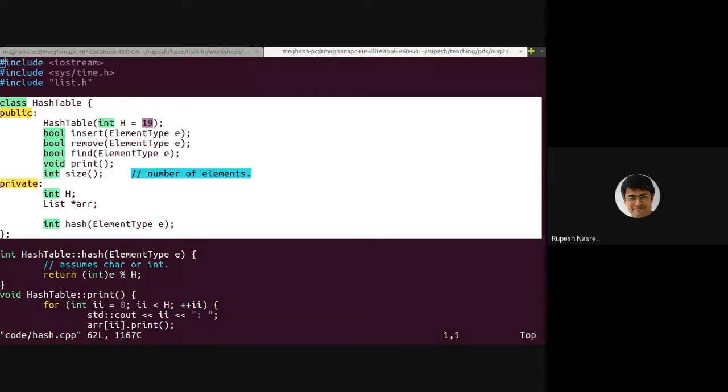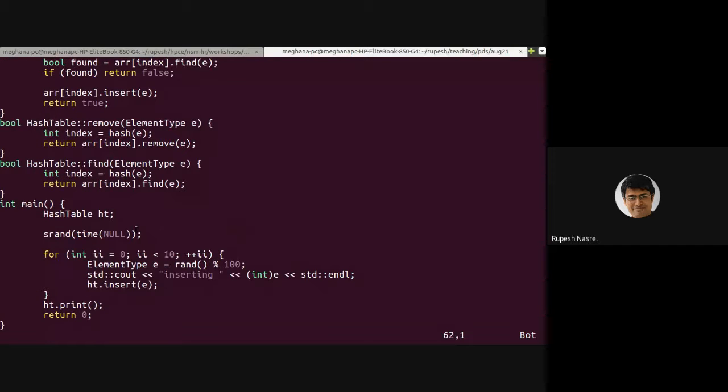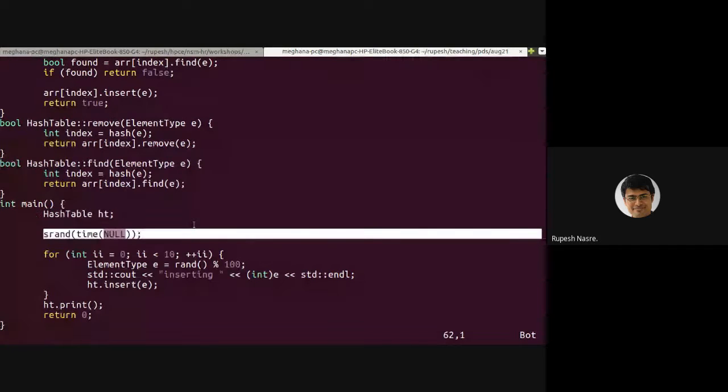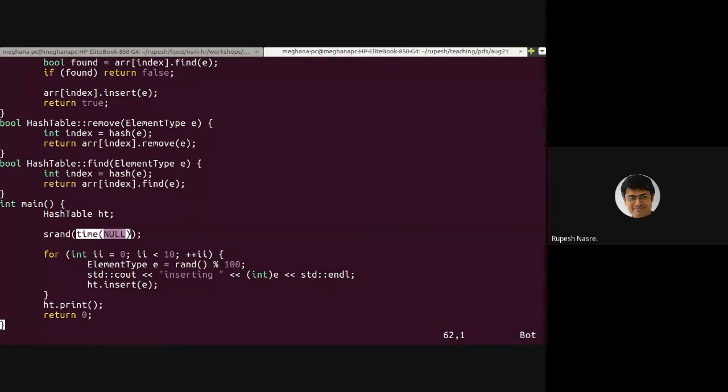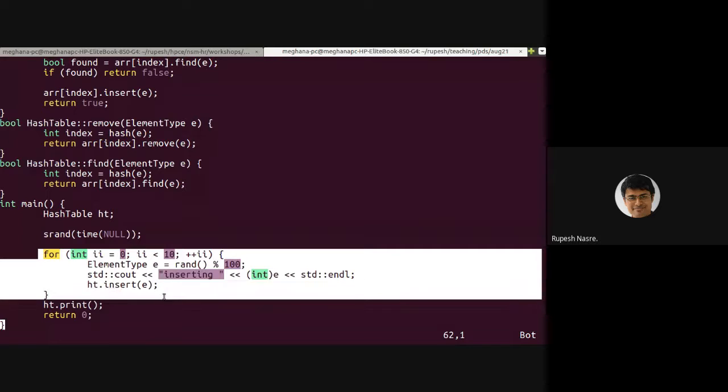Okay, so let's look at main first, then we'll come back and look at the functions. The main is not difficult. I define a variable of type hash table. Then there is some randomization that I do with respect to the seed of the random function, which uses some time function, and that's why I require that hash includes sys_time.h. Then I'm going to insert some random set of elements, 10 elements into this hash